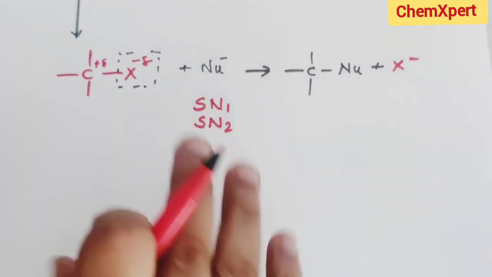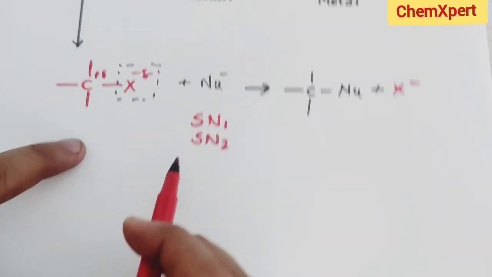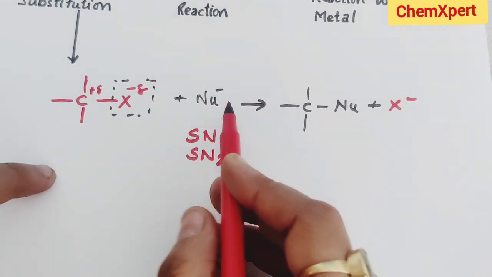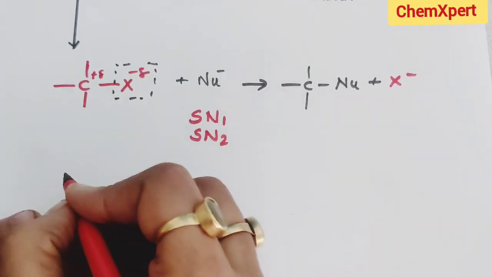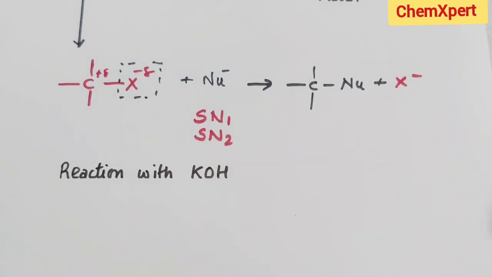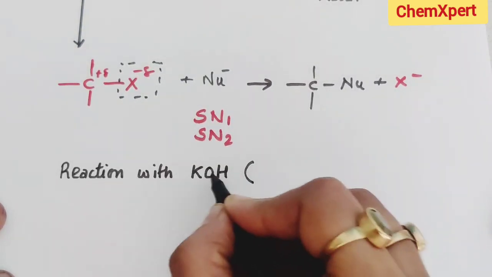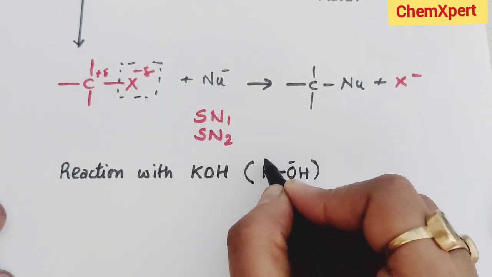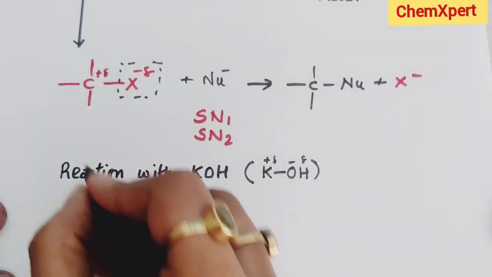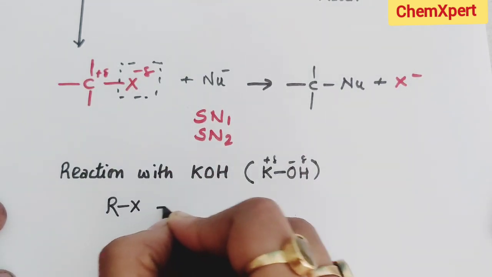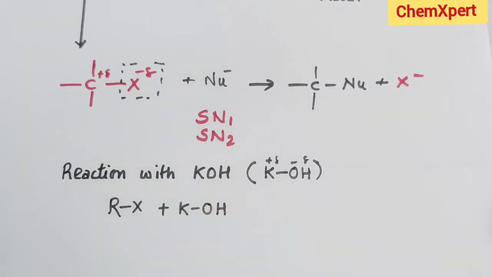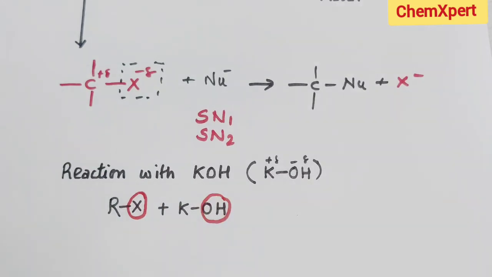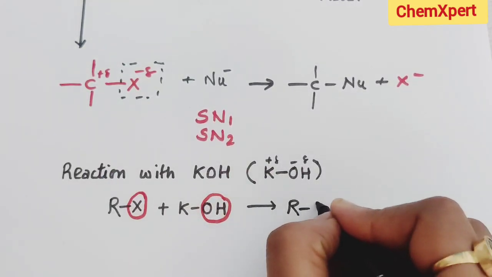Now how to learn these reactions? What is the common thing here? This is an RX where X is substituted by the nucleophile. So what we have to do is take any of the reactants. The first type of reaction here is the reaction with KOH. We first separate it into two parts. What is the nucleophile here? It will be OH minus, with delta positive and delta negative. So now if I write RX and then KOH, it is only a simple substitution of this X by this OH, and we get the product ROH